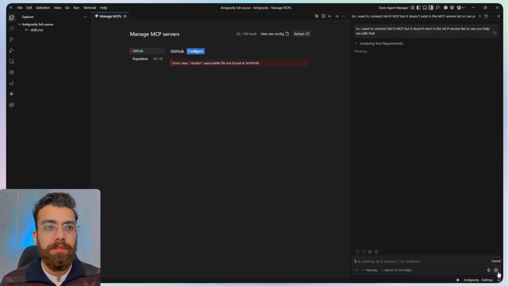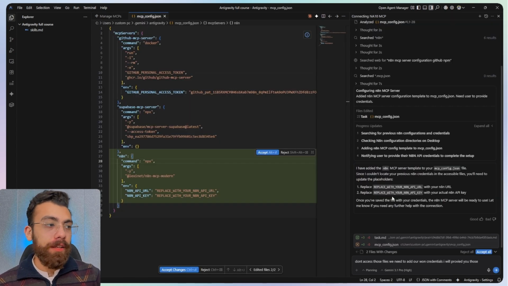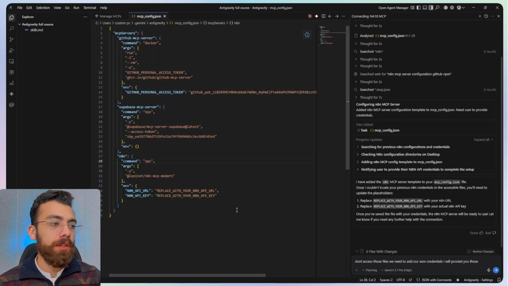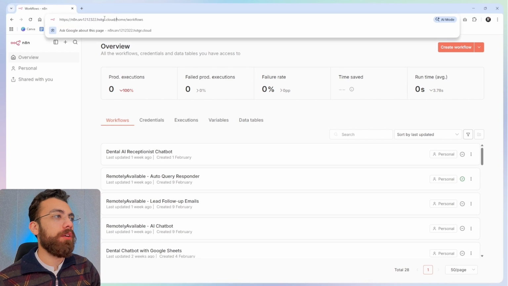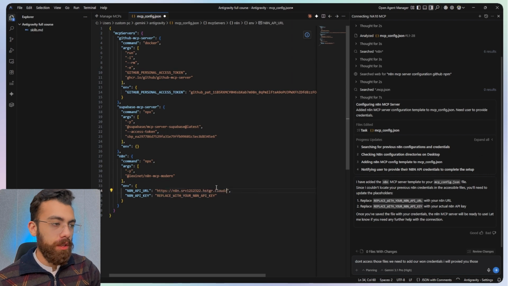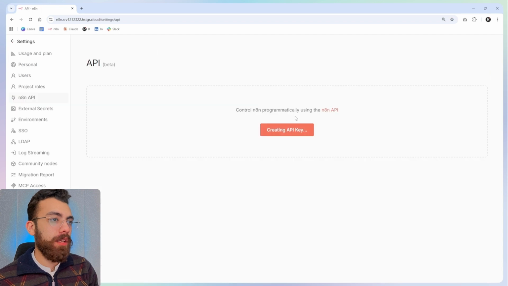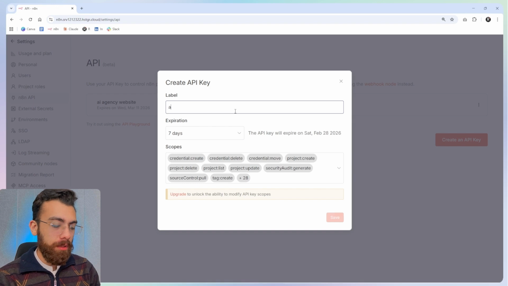Okay, so it has misspelled N8N. It's N8N. Okay, so this is the code that it has just written for me. Inside we have to place our N8N URL and N8N API key. Let's just bring in our credentials. Okay, so right now I'm inside my N8N. Let's copy this URL until .cloud, and we'll paste it here, replacing the placeholder with your URL. Then let's copy our API key. Just click on settings and go to N8N API, create a new API key, expiration, let's set it to 7 days,